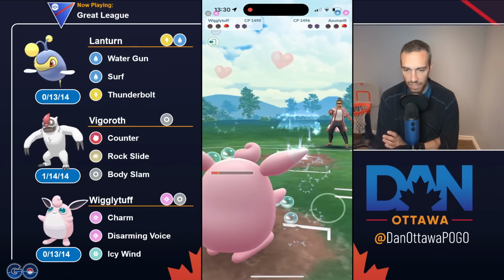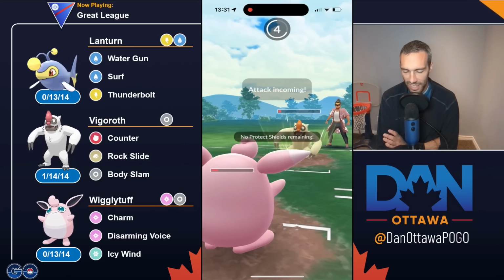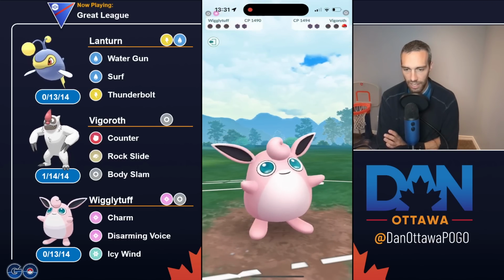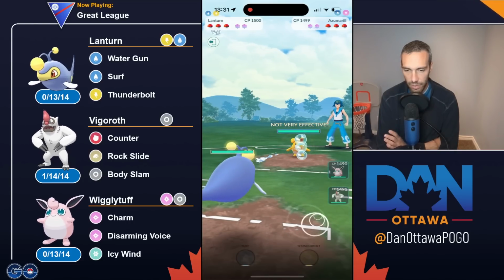You have to commit to the farm down. You have a move. What do they have left over? Losing CMP against the Vigoroth. Body Slam will take you out. There. Okay, good lead. They'll probably...